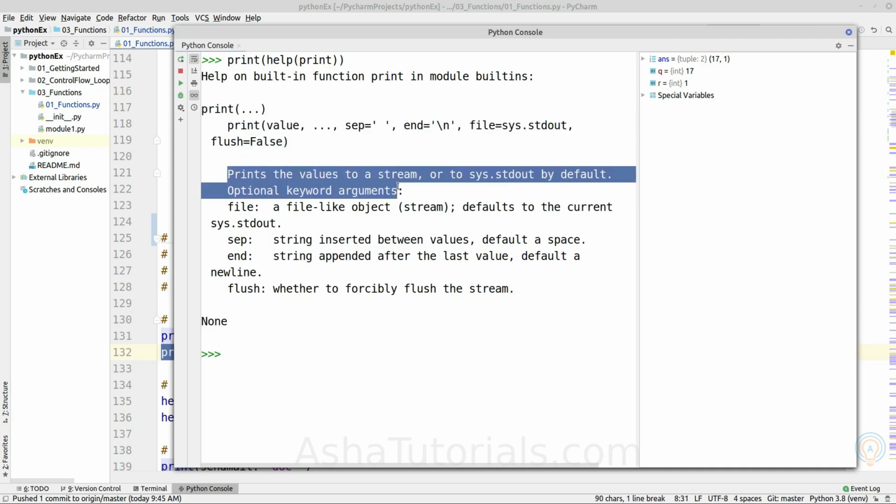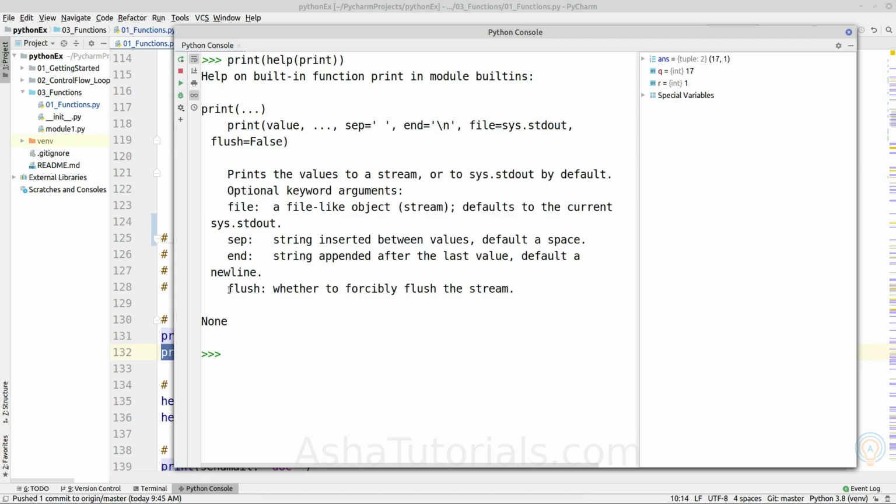Okay, these are the parameters and the explanation of the value expected or the result it will give, and this is the documentation, the summary about what the function does.